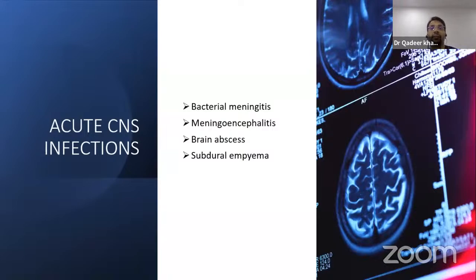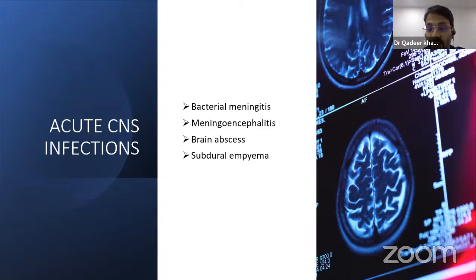CNS infections, which we commonly deal with, are bacterial meningitis, meningoencephalitis, brain abscesses, and subdural empyema. As I told, CNS infections are difficult to treat based on the penetration of these antibiotics into the CSF, depending on the meningeal inflammation along with the blood-brain barrier. So drugs which have better penetration, and penetration when there is inflammation of the meninges,